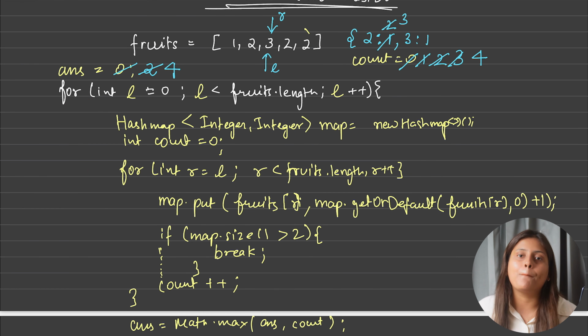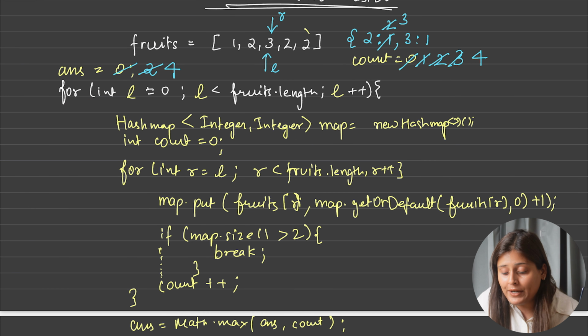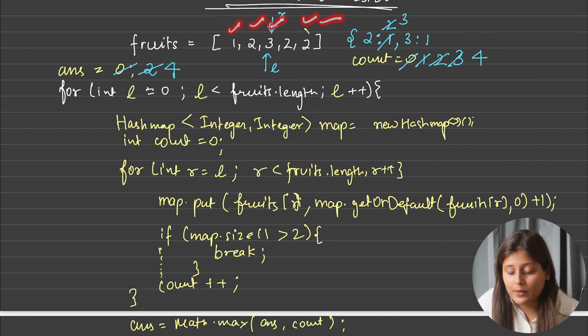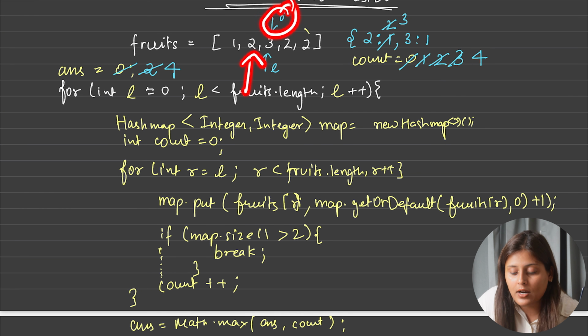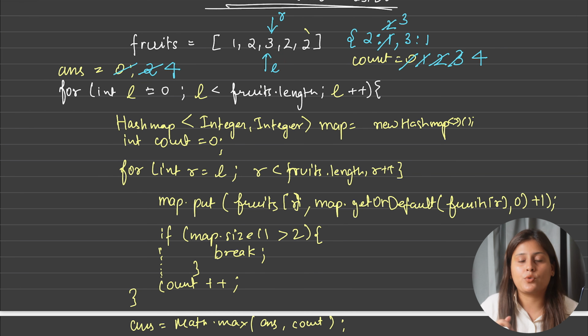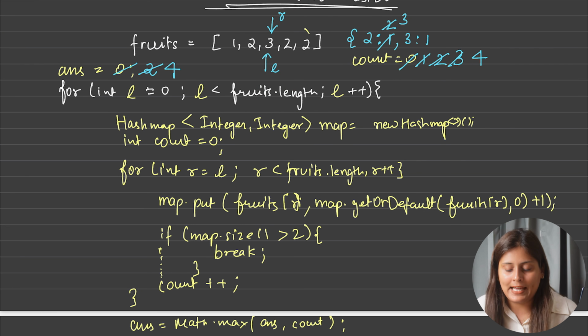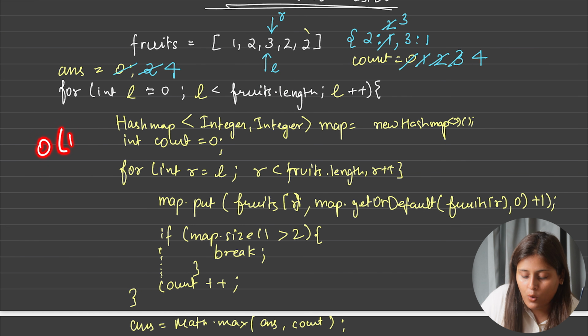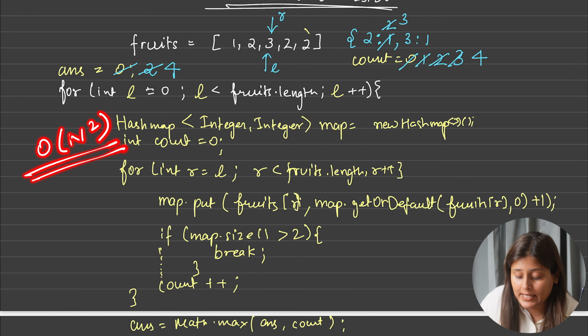Now let's see the time complexity in this case. If you can see, the left pointer is going from 0 index to the last index, and the right pointer we are reinitializing, even though it started from 0 and went till n minus 1. Again when the left pointer started with index 1, our right pointer again restarted from that index only. Now when the left pointer was indicating the second index, the right pointer again initialized with the second index only. Means for every left pointer, the right pointer is running for approximately n times. So total time complexity will be O of n square, and you saw the constraint says 10 power 5.